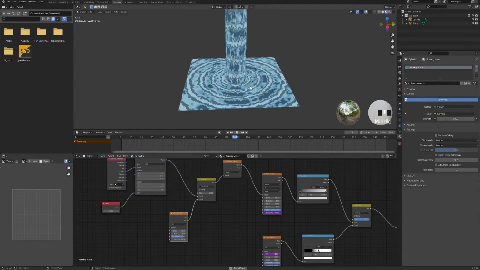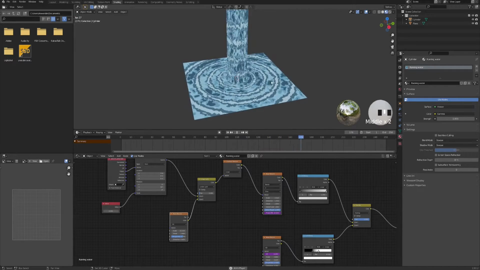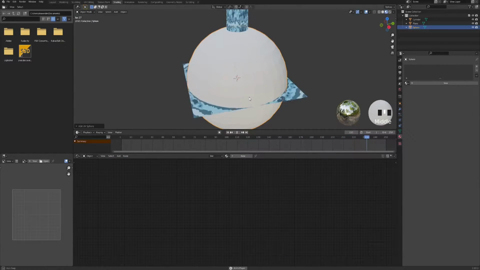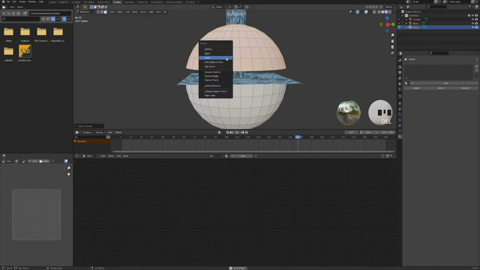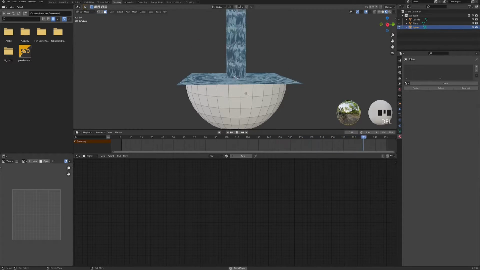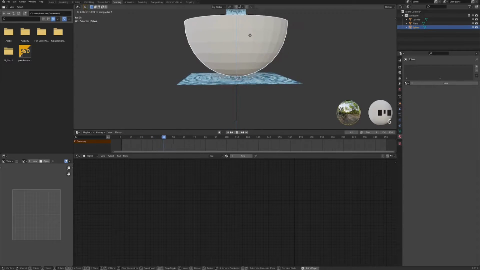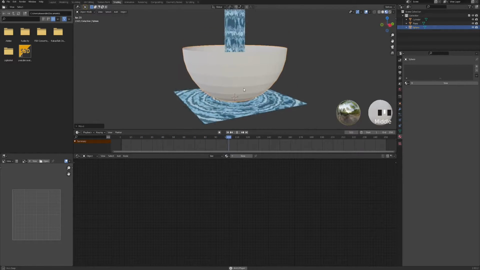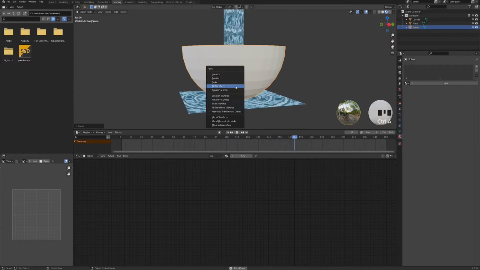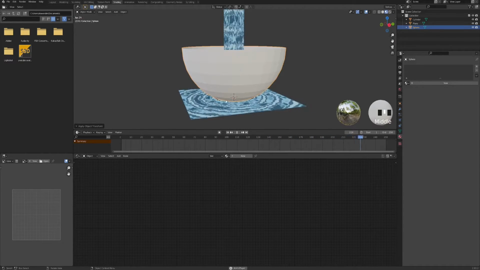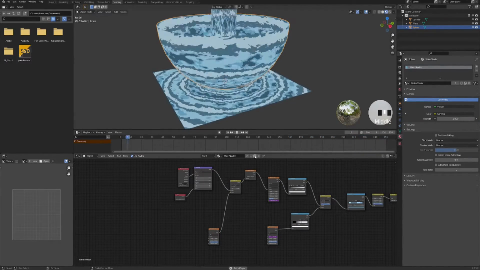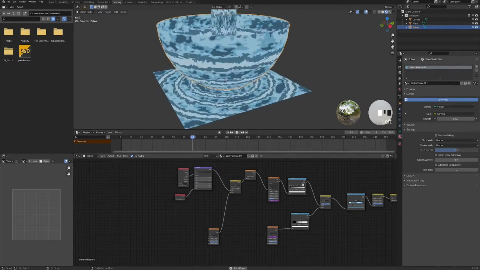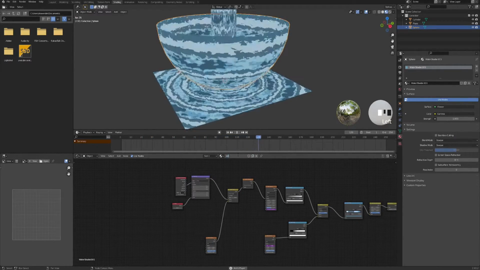What else we can add is a splash. So for that we will add a new mesh. This time it's going to be a UV sphere. Let's go to edit mode, delete some faces, as we only need the bottom half. Now let's bring it up. And also Ctrl A, apply all transforms. Let's add the base water shader, and again click copy, just so we will copy over the same shader and change it to something like